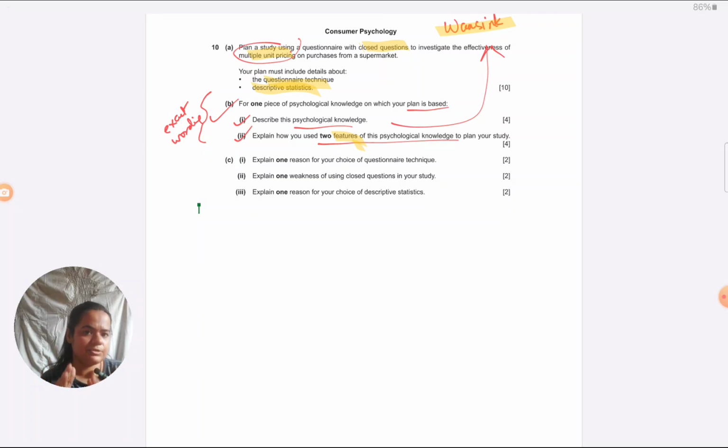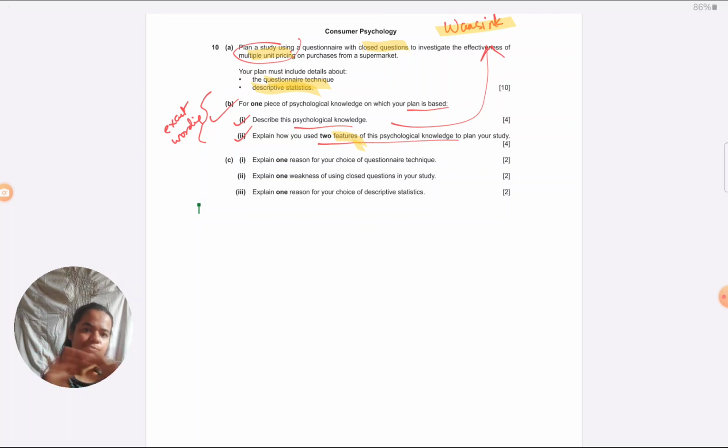Once you've taken consumer psychology as an option that you want to study for paper 4, you have to know all the studies within it. So you have to know the name of the author of every study. It is highly preferable to mention it when you're answering part B, to refer to the Vansing study directly by naming Vansing. And definitely you have to know a summary of the study to be able to answer this question.